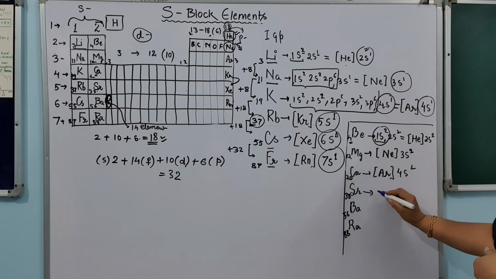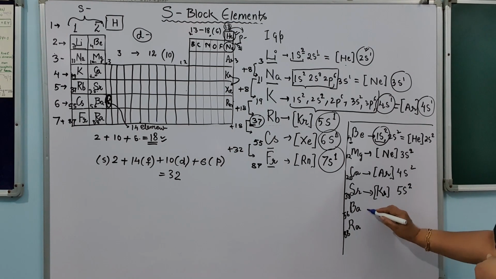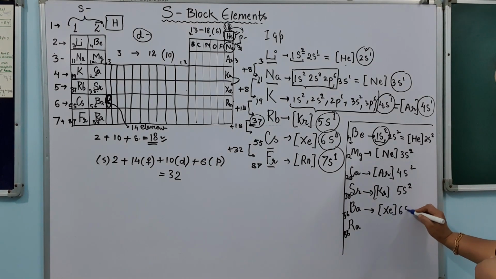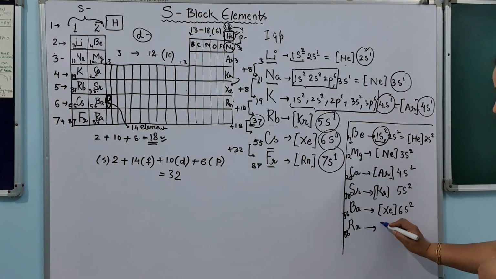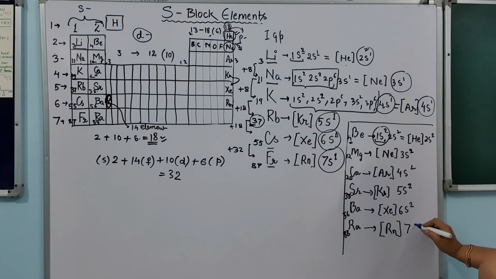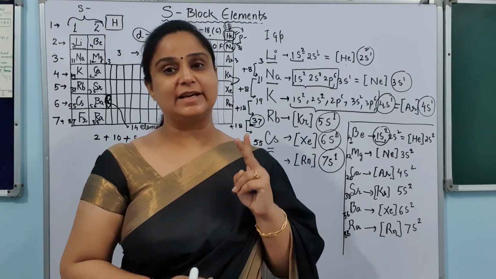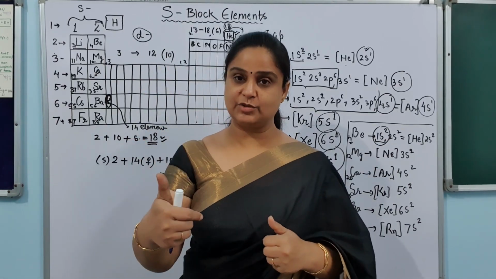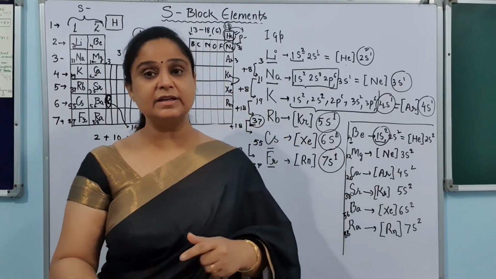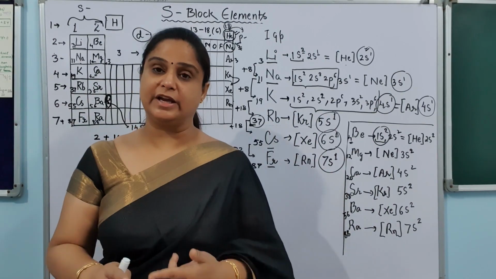And after that, we have to complete the krypton configuration and 5s2. After that, we have to complete the xenon configuration and 6s2. And after that, the last one is the radon configuration and 7s2. So there are two groups in the s block. That is, the first group has 1 electron in the s orbital and the second group has 2 electrons in the s